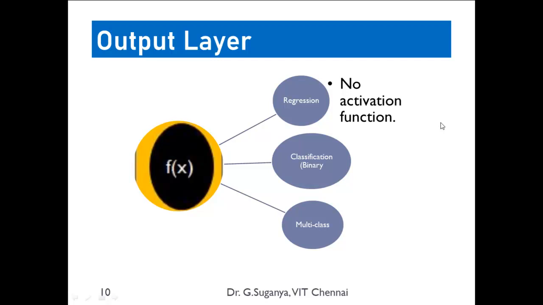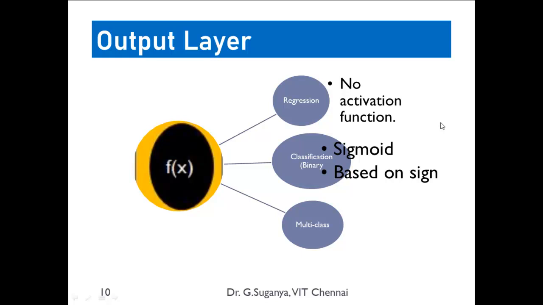The second case is if you have two class labels as part of your output. So we say it is coming under binary classification, in which case you can use any kind of activation function, the most popular being the sigmoid function, as well as the sign function. The sign function is what we have seen in the single layer perceptron. If the output is less than 0 or negative, we say the class label is 0, otherwise the class label is 1.